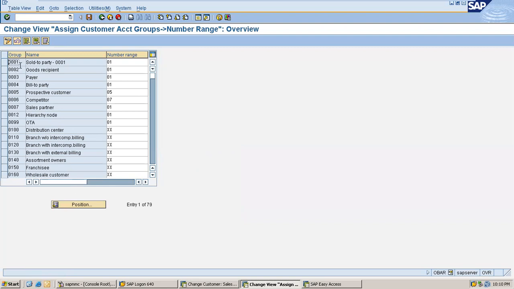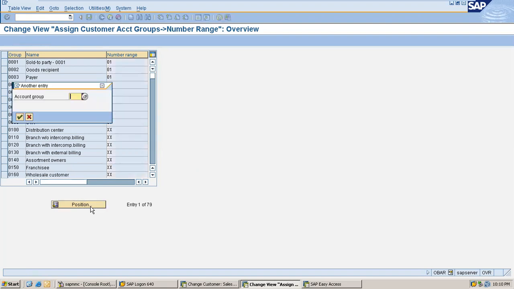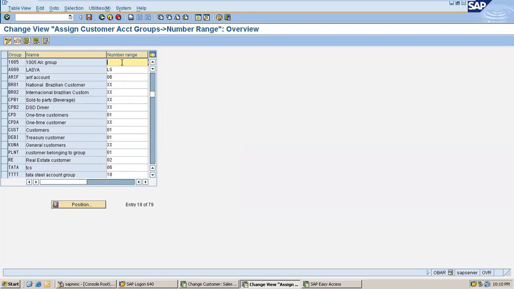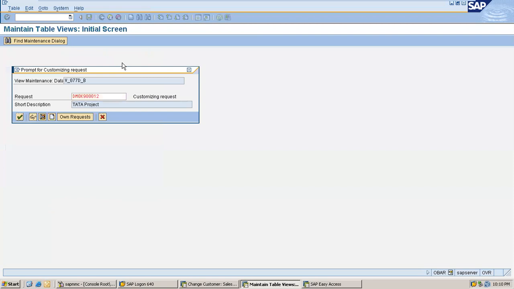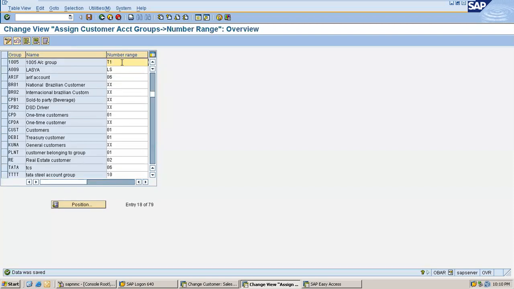You see, all old account groups are assigned to a number range. But if you find your account group 1005, it is blank. Number range is not assigned yet. So let's enter T1 here, that is my new number range. Save it. Yes. So these are the prerequisites.